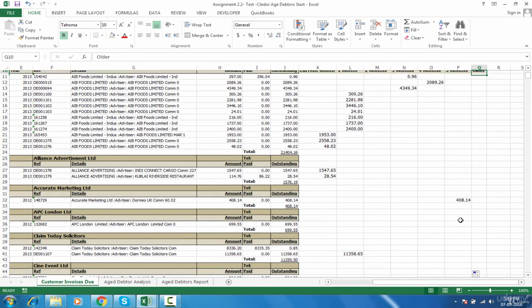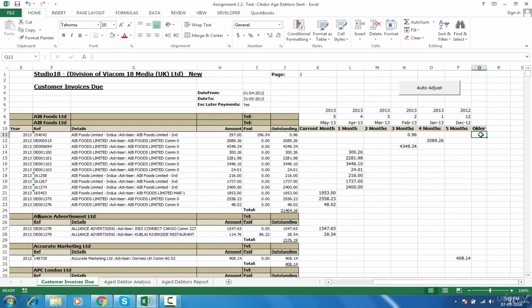So now is the older calculation. If we consider December, any date within December, 1st December to 31st December 2012 should show up here. Any date, even one day before December, should show up here. That means any date that is below 1st of December 2012 should show up here. So the formula will be,